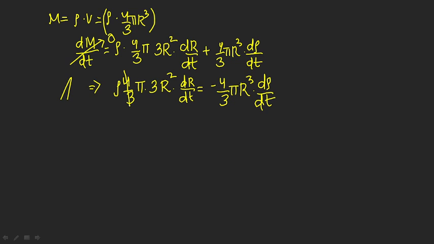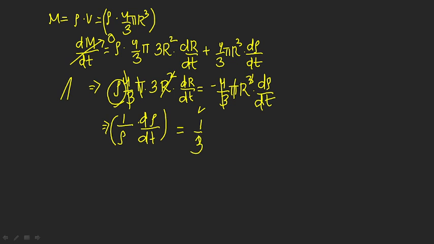Now we can see very well that we can cancel 4 by 3 pi on both hand sides, and also here we have r square, here we have r cube. So on the right hand side we are left with only one r. Now this rho we can take to the right hand side and we can write 1 by rho into d rho by dt. Let me put this in the bracket because there is something mentioned about this term in the question, and on the other side I will be left with